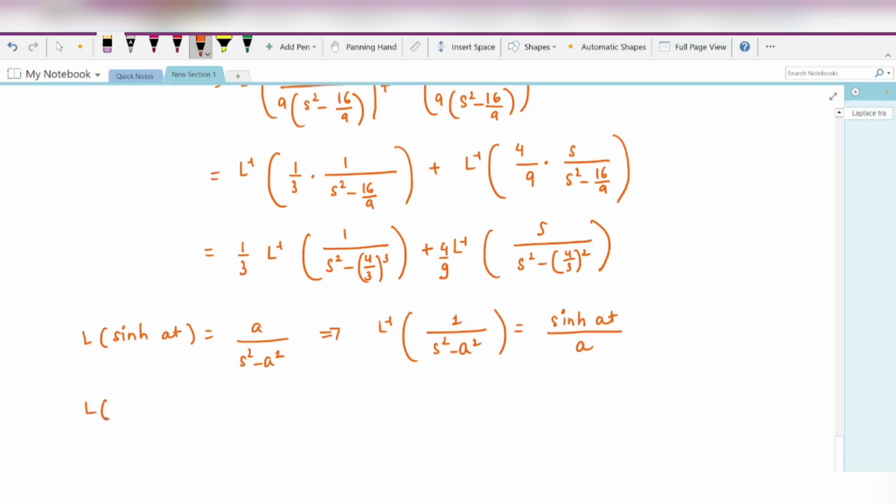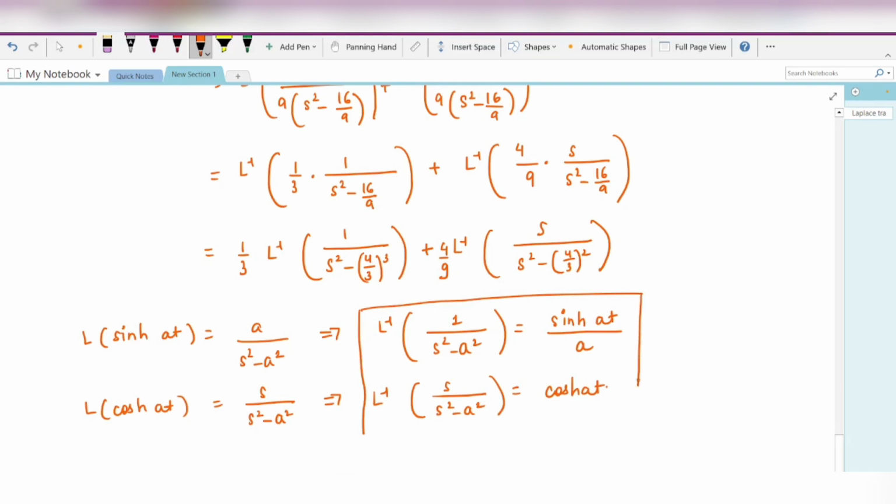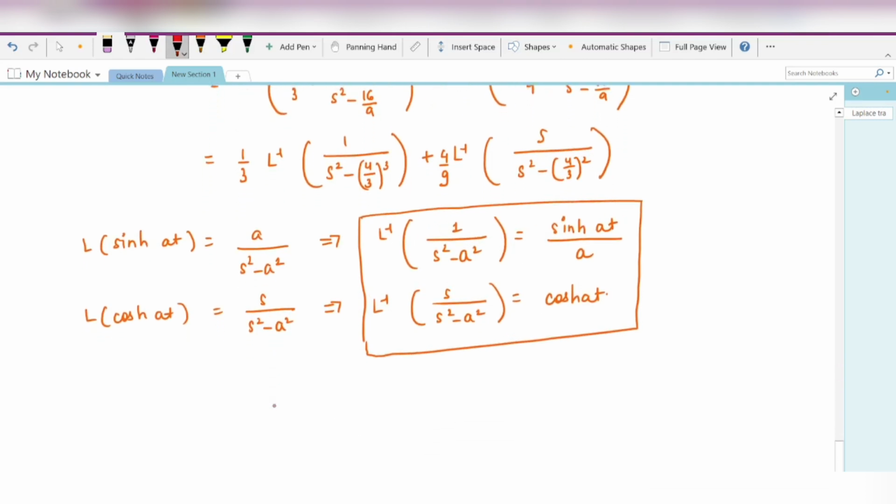And similarly, I know that the Laplace transformation of cosh at will be s by s square minus a square. It is better to learn all these Laplace transformations and the inverses also. So the inverse will be equal to cosh at. Now I can use both of these to proceed ahead. All right. So now this will be equal to,